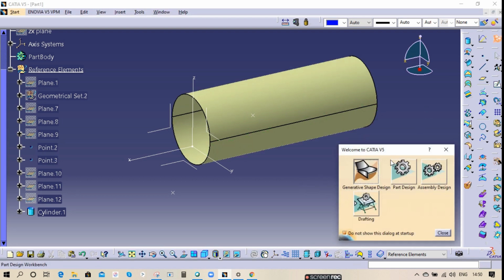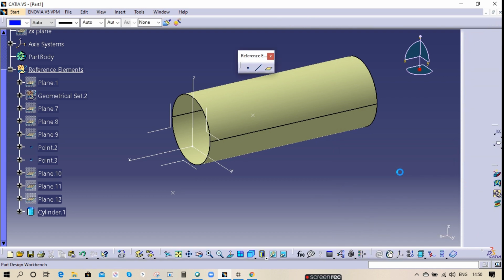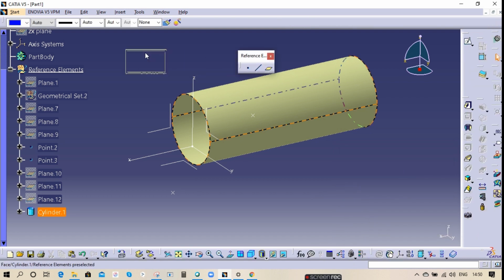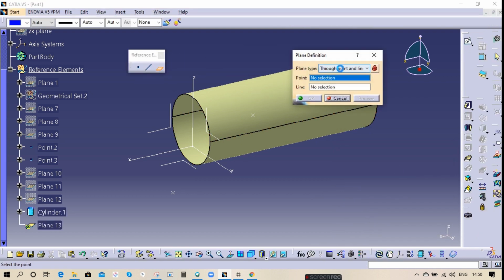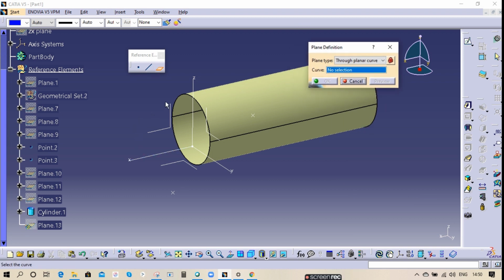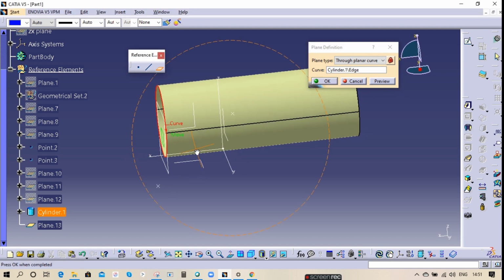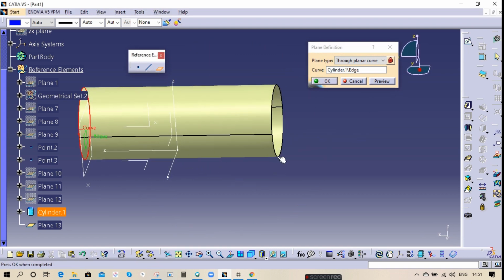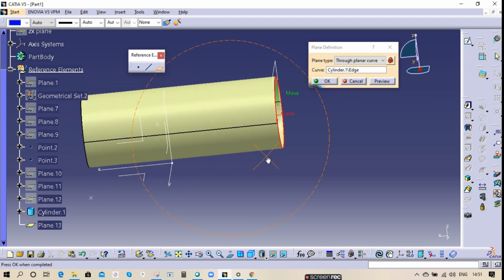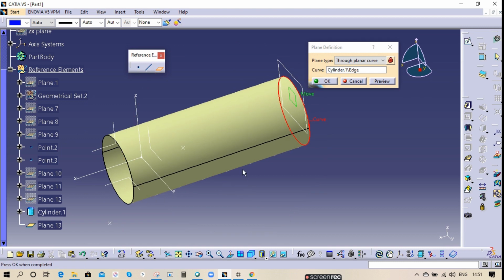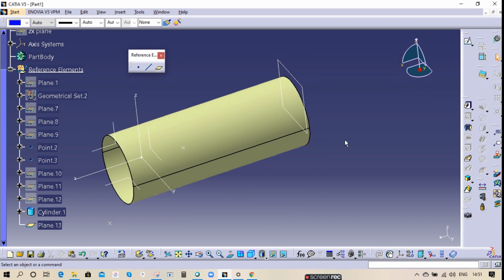Okay, so now our option is through planar curve. Through planar curve, this is my curve and the plane is created here. See, the plane is created here. Or else if you select this curve, the plane will create like this. So this is how the through planar curve plane is created.